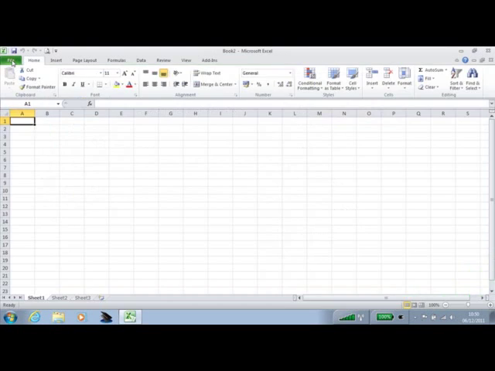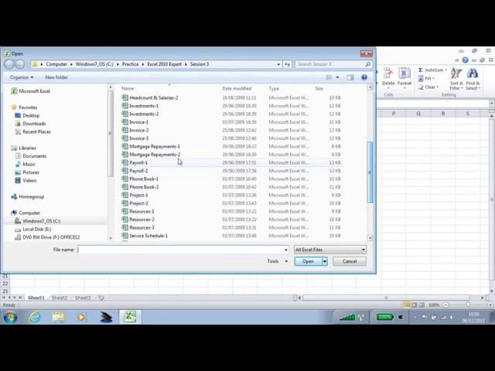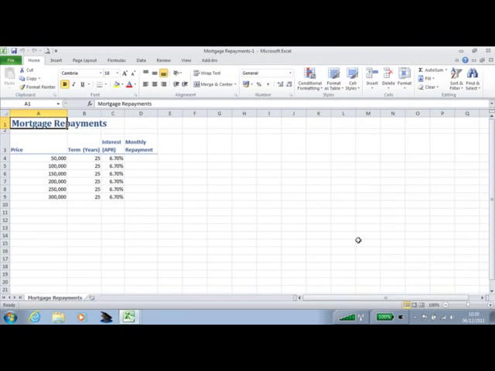For this lesson, you need to open the sample file Mortgage Repayments 1 from your sample files folder. In this lesson, we'll use a complex function with 5 parameters that will calculate the repayments on a mortgage loan. This worksheet contains details of mortgages for loans from $50,000 to $300,000 with a 25-year term and an interest rate